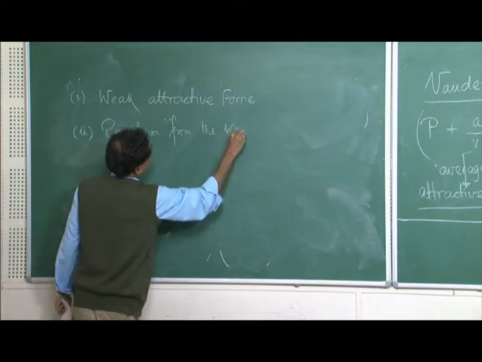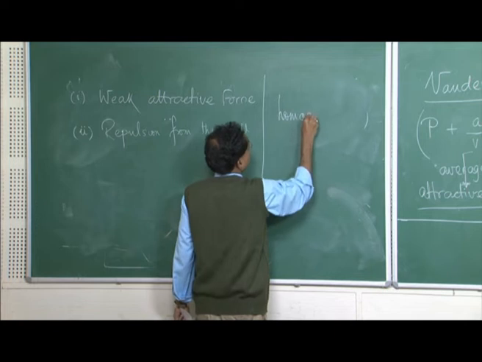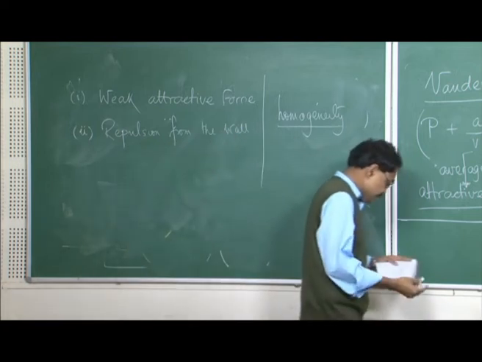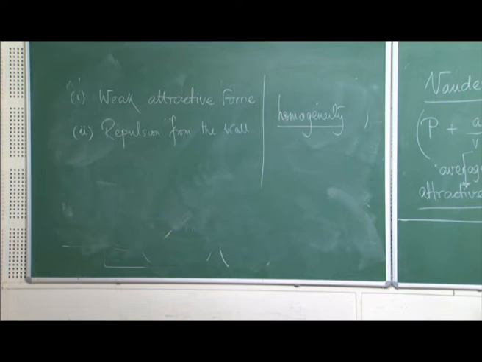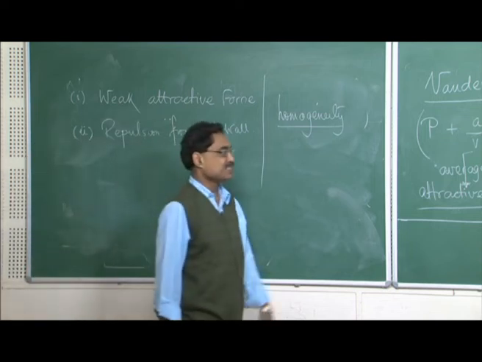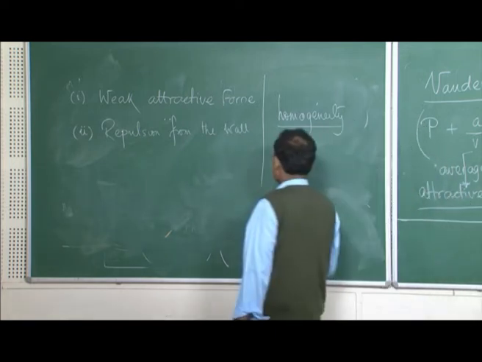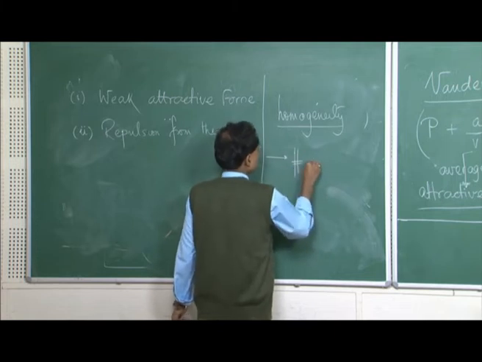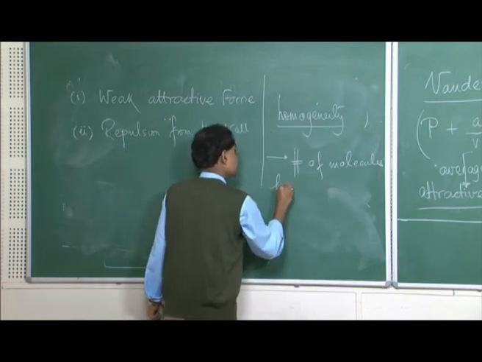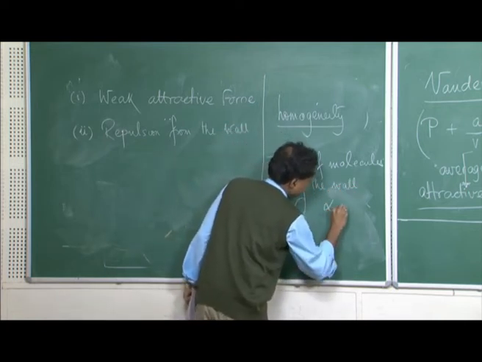Okay, repulsive force. Now, here I bring in the concept of homogeneity. Homogeneity will tell me what these interactions are proportional to. You can say at any instant of time, the number of molecules that hit the wall will be proportional to the density that we have already seen. So, first, the number of molecules at any instant hitting the wall